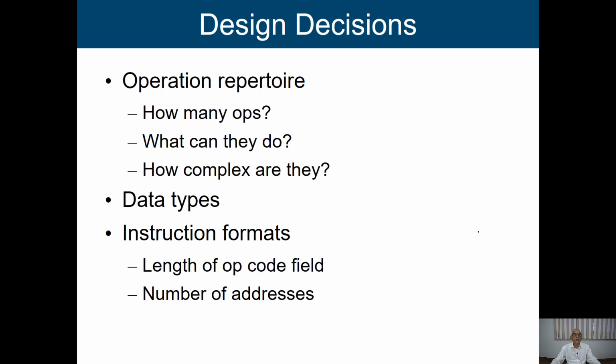Along with that, we have to say what data types we are going to use. We know that we can work with integer data and floating point data. Whenever we design a particular instruction, say an add instruction, what kind of data is it going to operate on? It will be numeric data, no doubt, but whether it works with integers or floating point numbers, accordingly we have to design our instruction. Similarly for the instruction format, depending on the available bit pattern for a particular processor, we give the appropriate format to represent a particular instruction.